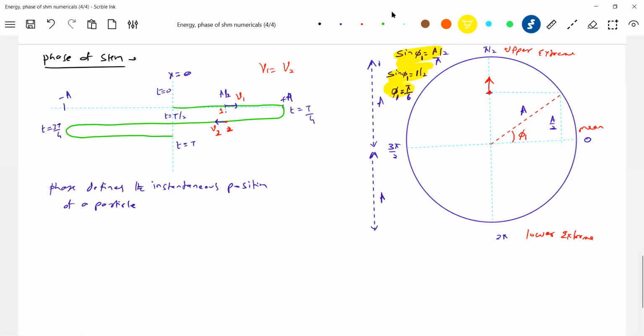And the data is very important. How to calculate phase? What is the phase of the particle at t equals 0? It is here, and the phase is 0. As it moves, the phase will increase. It is pi by 6 radian at a by 2. Here it will have pi by 2 radian. So the phase of the particle at 1 will be pi by 6. That is the position of the particle at position 1. Now similarly, when the same particle is returning back, we'll take the same graph.